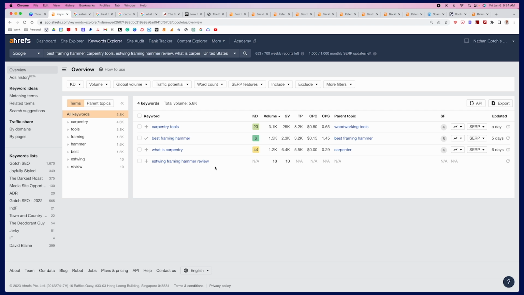But on the other hand, this one that gets, let's say, 10 searches a month, if you combine all the other long tail traffic, maybe 100 searches a month, this is going to have incredible conversion rates. That's why you want to be able to tackle all this, because really what we're trying to do is build awareness, drive them further down the funnel, and then convert them. If we think about this in the search journey,